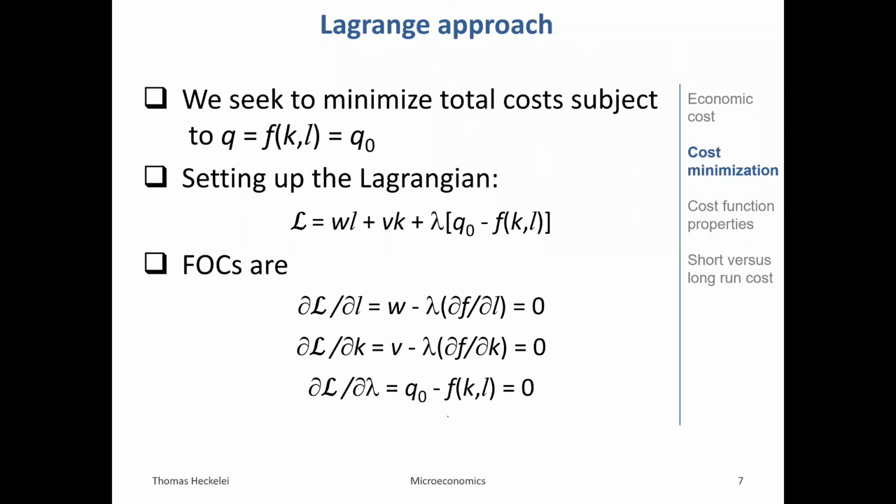So again, this is a constraint optimization or constraint minimization problem. So we could again apply the Lagrange approach to solve for the optimum level of L and K. Why constraint? Because we have a targeted level of output that we wanted to produce. Like before, we have a targeted level of utility that we wanted to achieve, right? So we could actually write it as